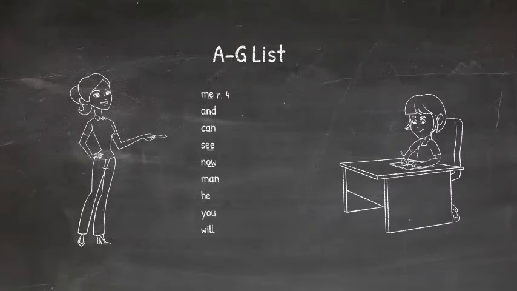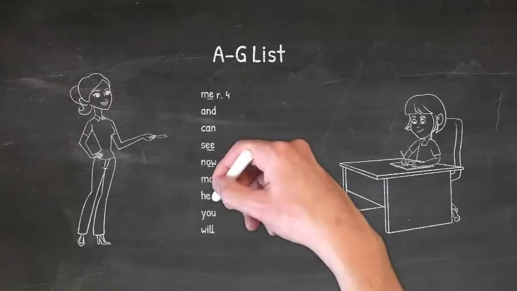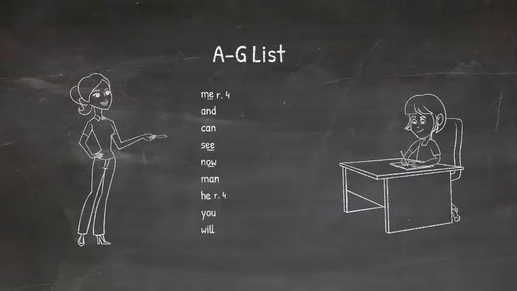The next word is man. The A is short because the N shut the door. The next word is he. We underline the E because he's saying his long sound at the open door. No consonants have closed it. Rule 4, open door. We write rule 4.